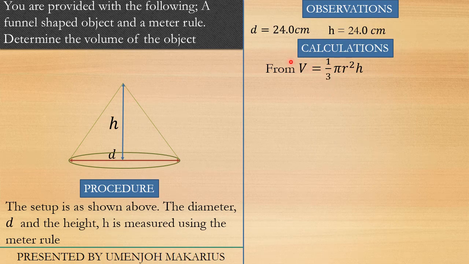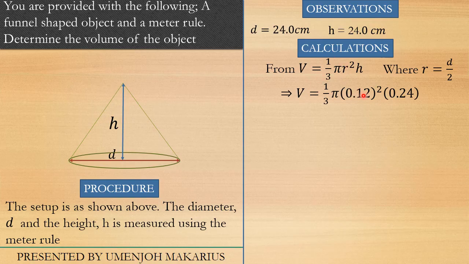Alright, we are from V equals that now, but guys, we don't know what r is. Why? Because our diagram does not contain r. It contains only d and h, so we must tell them that r is the same as the diameter over 2. Good. Then now guys, the diameter in this case is what? 24.0, right? If we divide by 2, we're going to have 12.0 centimeters. We put that to meters, we're going to have